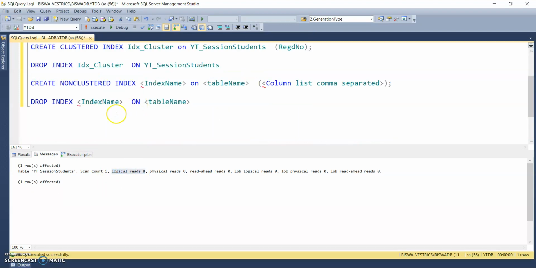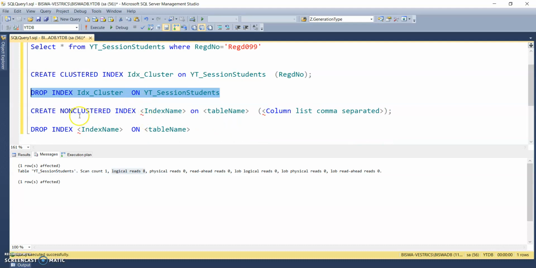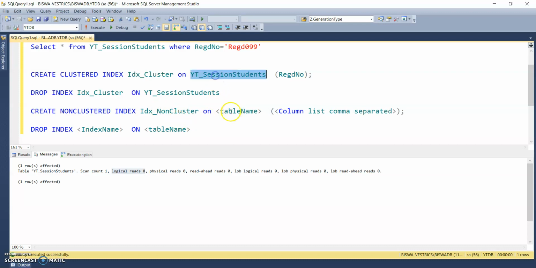Next. Here you can build a clustered index and you can delete the clustered index. To create a non-clustered index, you need to give the non-clustered index name. You can give any name, it should be meaningful.